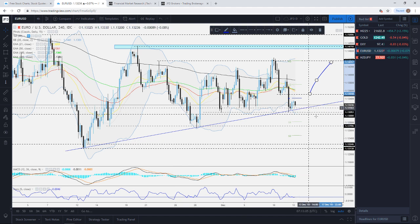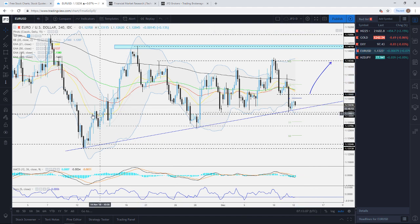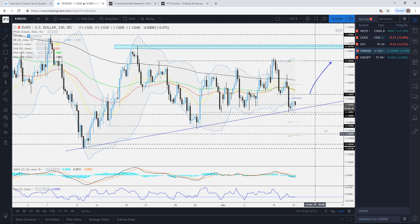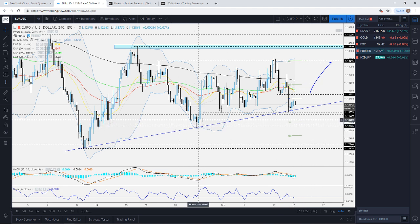If that doesn't hold, well, for us to consider a further slide lower here, we need to see a nice good drop below the 113 level. Then we'll aim for today, especially if we see such a move, the S1, which is around 112.80. Slightly below that, we do have the 112.70 level, which is also marked here by these lows, the end of November lows,